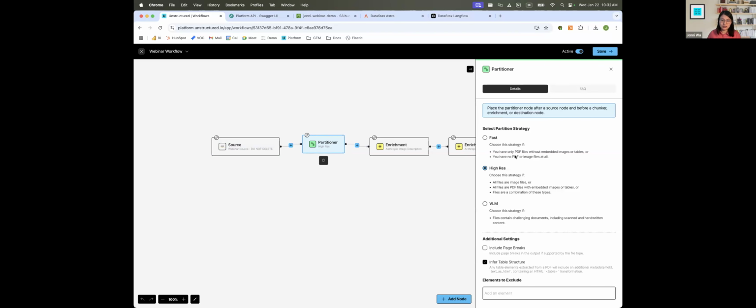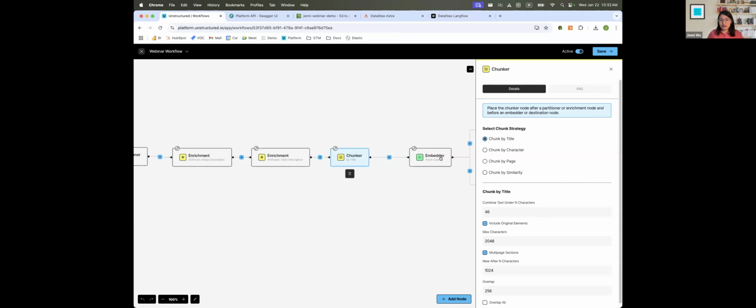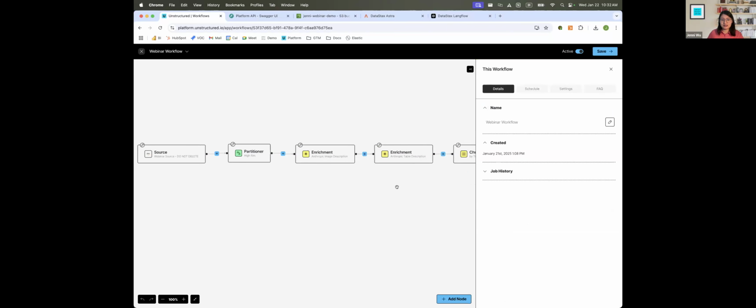And of course, this goes back to our ensemble partitioning that Sudarshan had mentioned. So if you know that you have a corpus of data that's text heavy, we suggest that you choose the fast strategy. And then of course, based on the sources of documentation that you have, there's different partitioning that you can use. And we're trying to optimize for price performance. Of course, the recommendations feature that's coming out very, very soon also would help you select partitioning strategies, as well as choosing the best chunking and embedding models based on the corpus of text that you have.